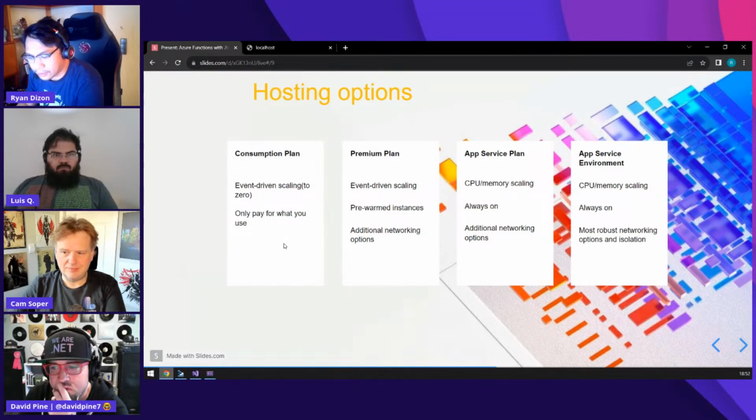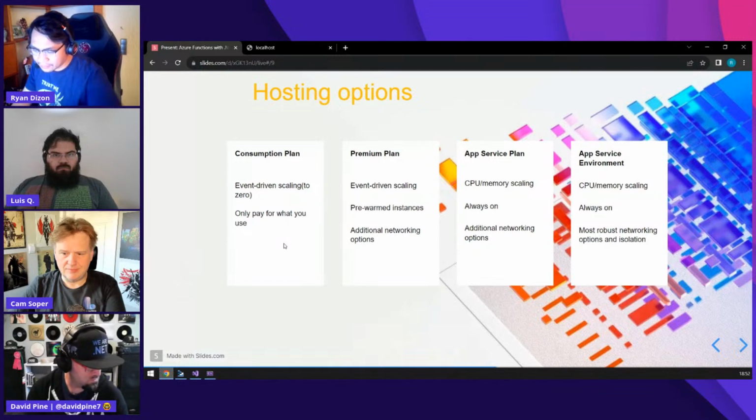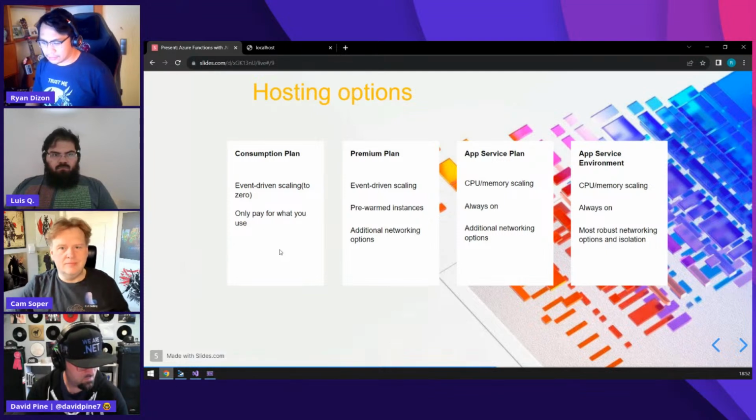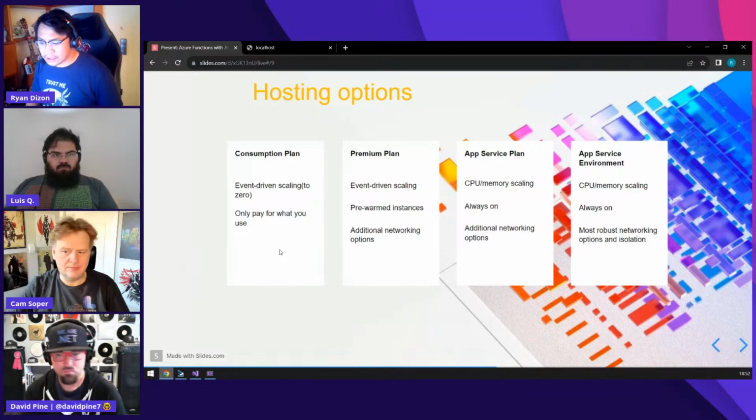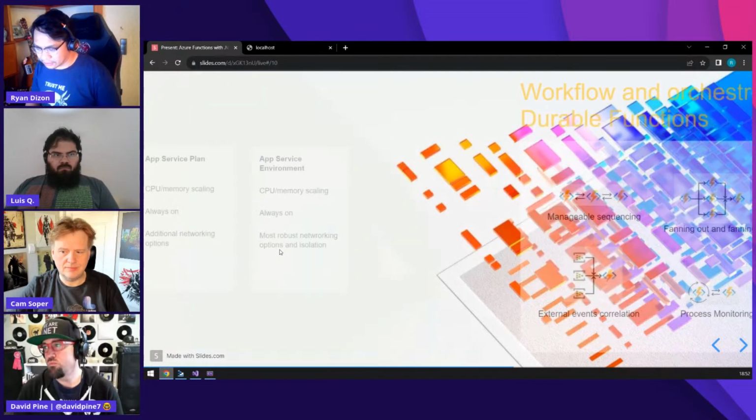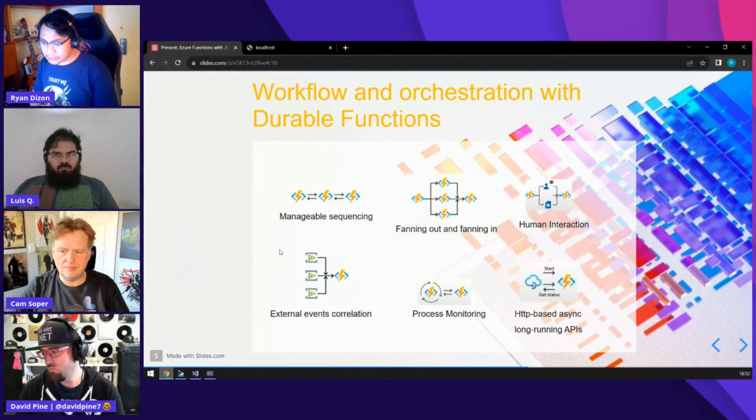I would always go with the consumption plan if a dedicated server is not really needed, because in the consumption plan you only pay for what you use. But it depends on your project requirements. If you have recurring tasks or processes, it's ideal to get the premium plan.